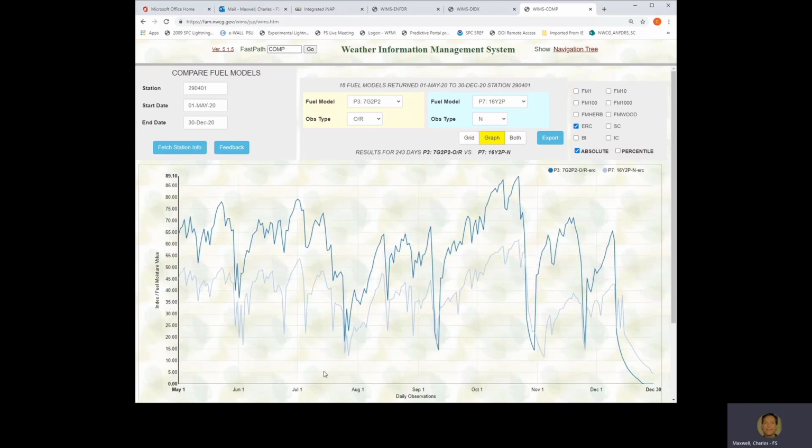So what this allows you to do in WIMS is to take a look at least how the absolute values of these different things compare. This darker line is the old G model that many are familiar with, have been using for a long, long time in the Southwest. And this lighter shaded one is the ERC for the Y model, which is kind of a similar type version. One of the keys here is you're not going to see these be exactly the same numbers. We already know that, but that they trend pretty similarly.